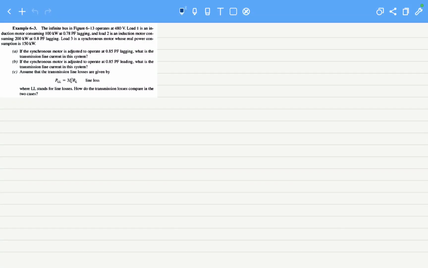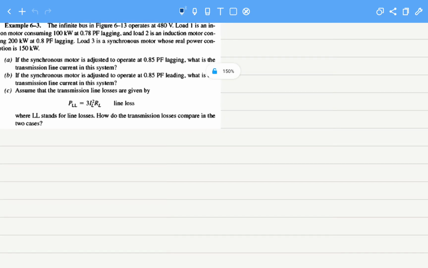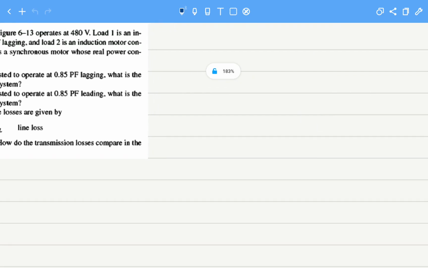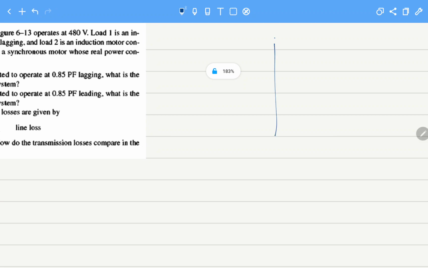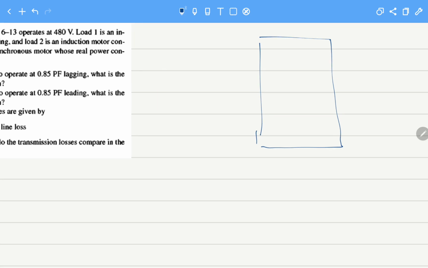The topic of a synchronous machine continues, and in this example we are creating a realistic scenario: there is a factory or a plant, and let's consider this plant to be like this. We have a factory unit, and we are creating a single line diagram. That means, for example, that from the utility, from the SEC, there is a transmission line coming,